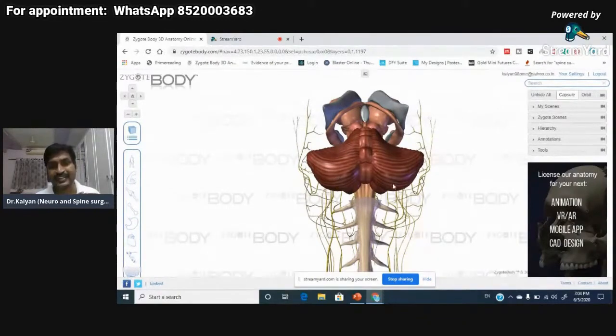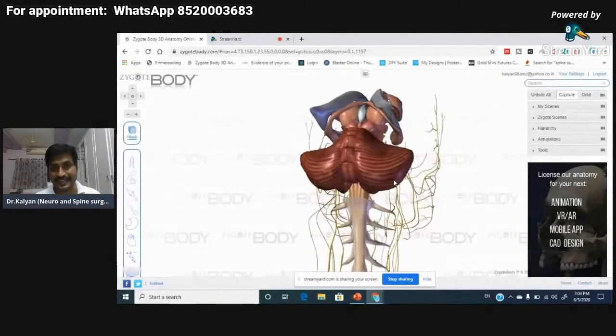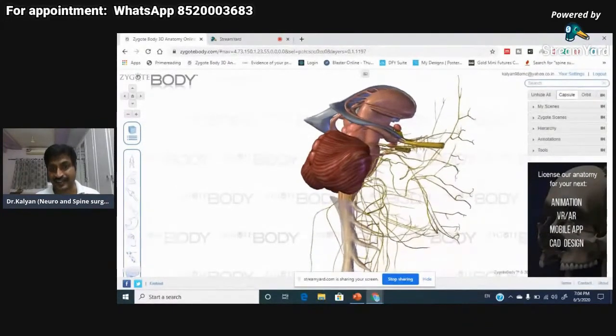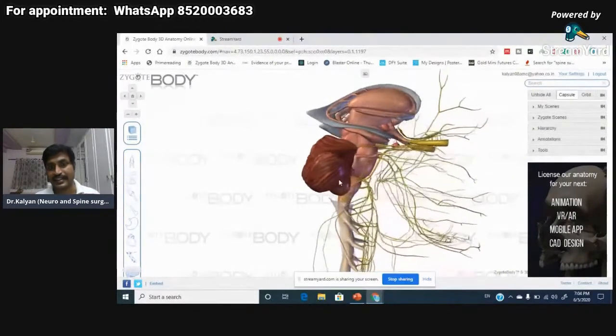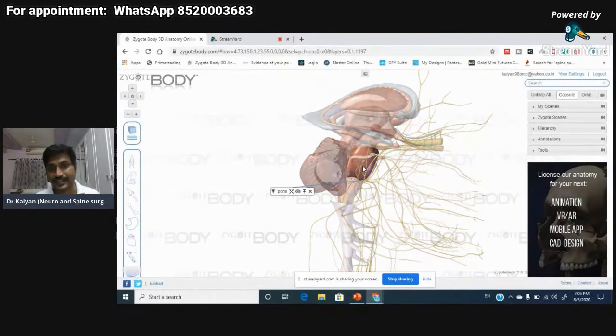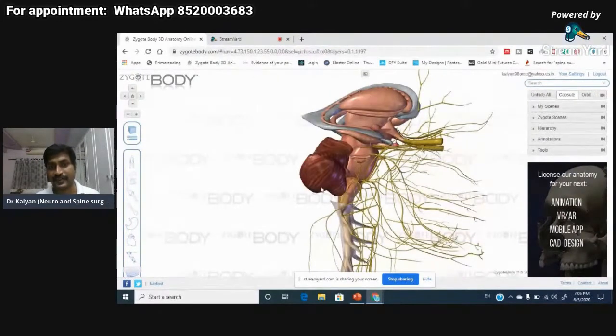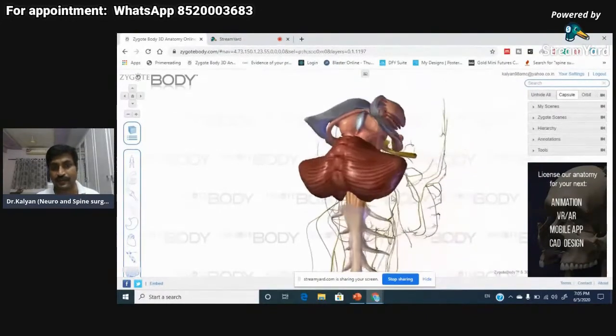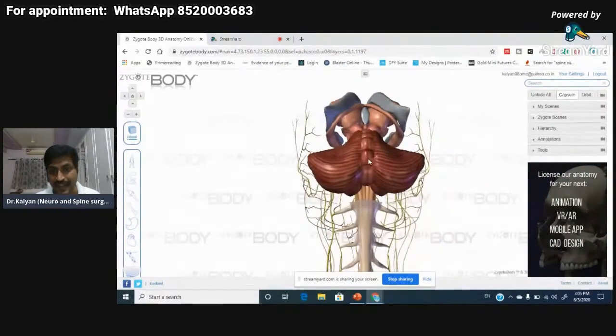Just try to have an orientation. This is the cerebellum. I'm rotating the entire structure, and this structure is the brainstem. Let me highlight the brainstem. This structure is the brainstem, specifically the pons of the brainstem. So the cerebellum is present behind the brainstem. There's one thing you'll have to remember from this: the cerebellum has horizontal striations. Now let us go back to the PowerPoint.